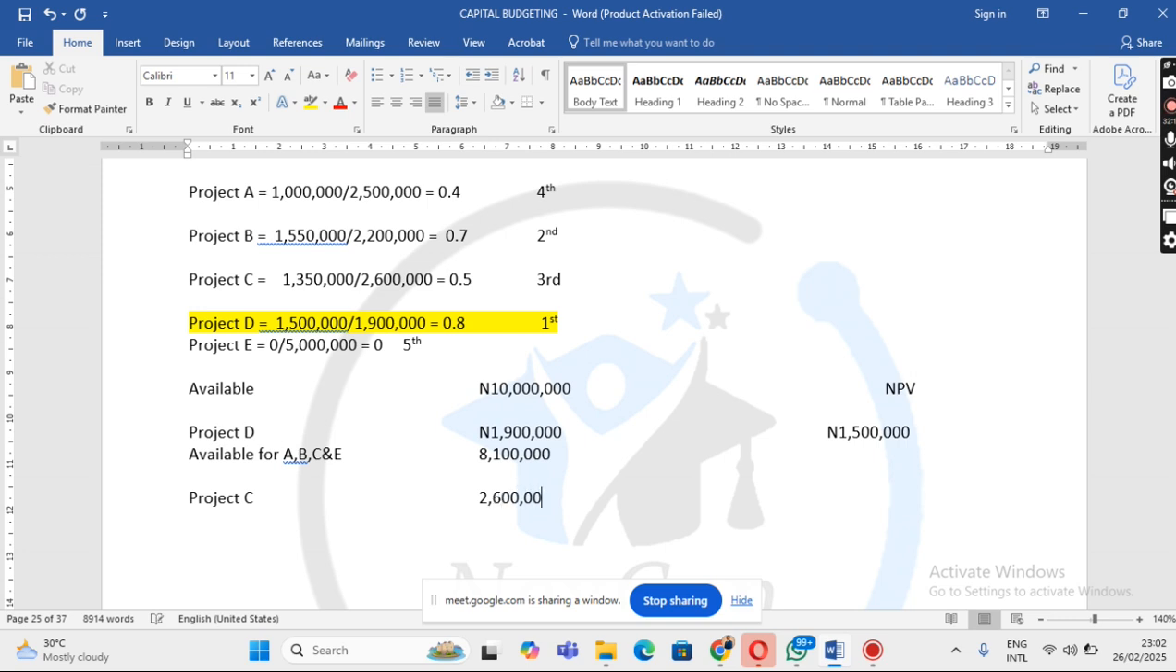Please, I beg you, understand this. We need 2.6. Of course, we can use it now from 8.1. So what is the NPV for this? The NPV for this is 1,350,000, right? That is the NPV. Now, when you minus, what is the balance? When you minus it, what do you have, class? Give me the figure. 5.5. So this 5.5 is available